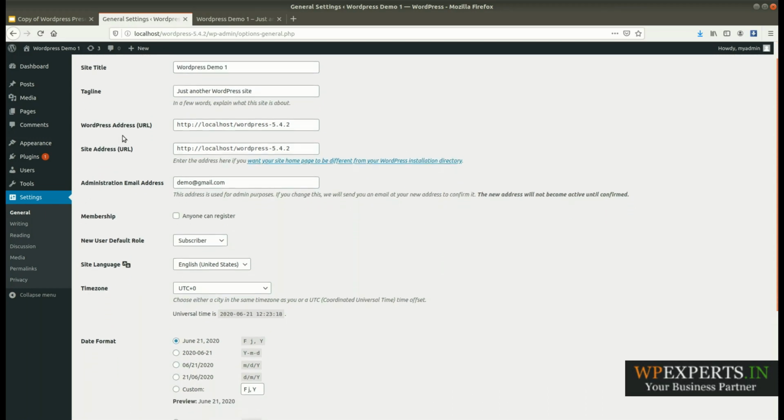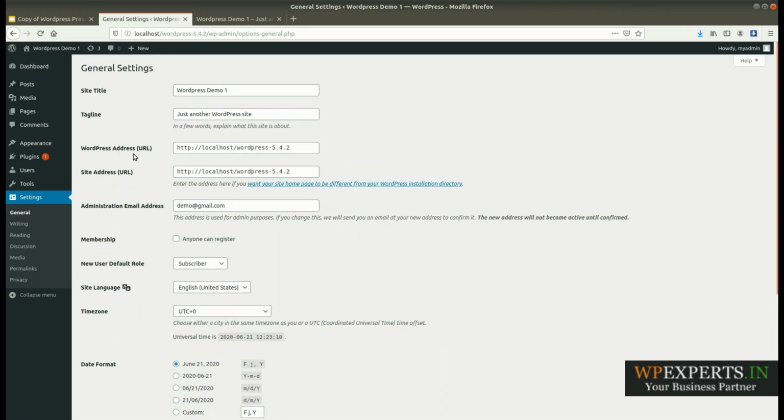The third one is the WordPress address URL. Here you can manage your WordPress admin URL. The fourth one is the site address URL, and here you can define your site address URL. Let me explain the difference between the WordPress address URL and the site address URL.